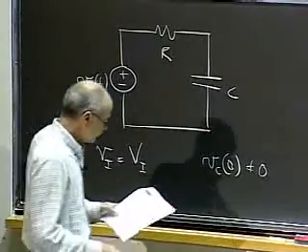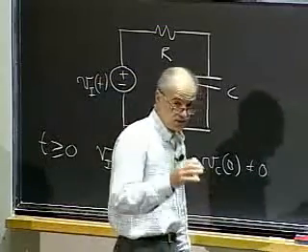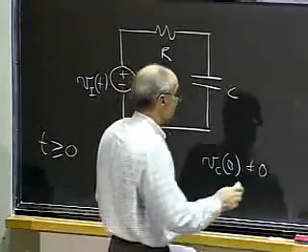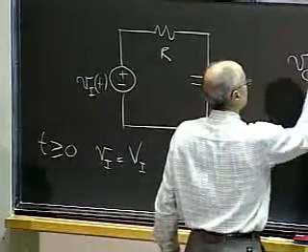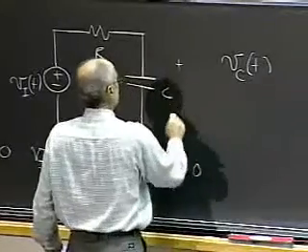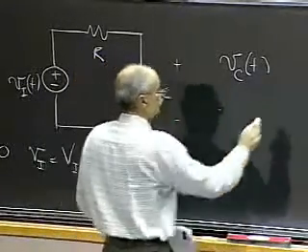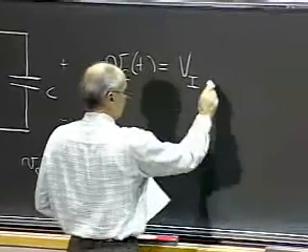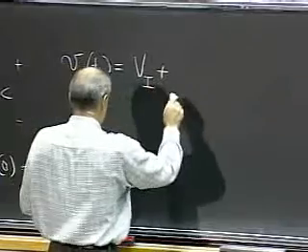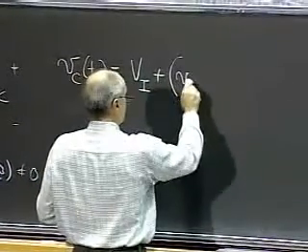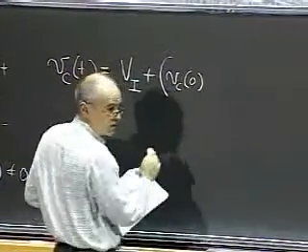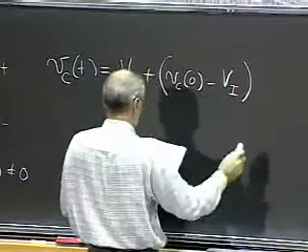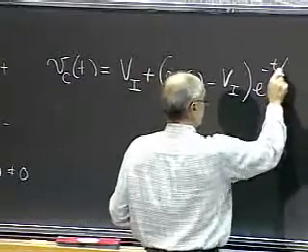Given that, we learned how to write down directly, without messing around with differential equations, the answer for the voltage on the capacitor. Vc of t is equal to Vi, the final value, plus Vc of 0, the initial value on the capacitor, minus the final value, times e to the minus t over